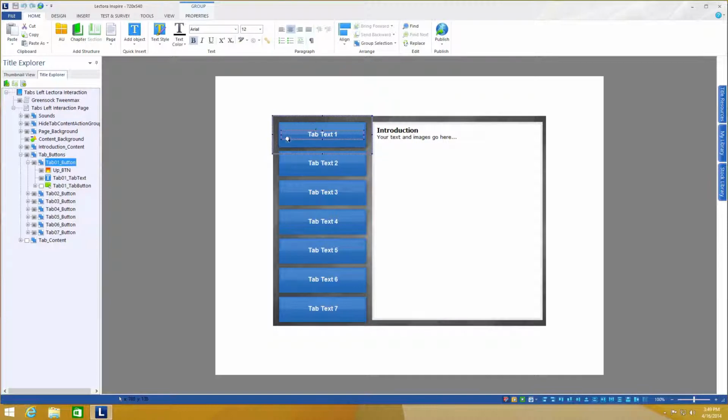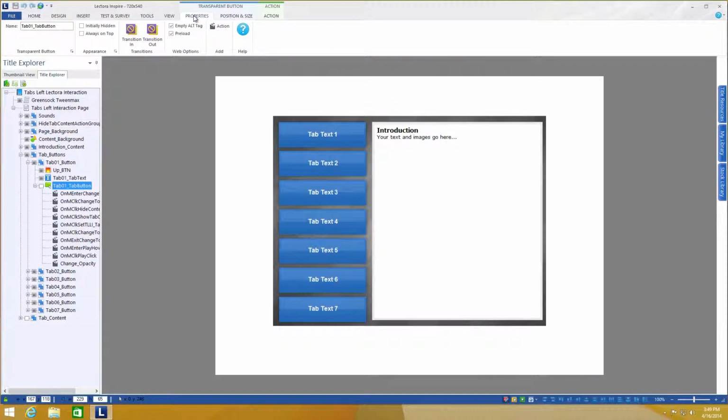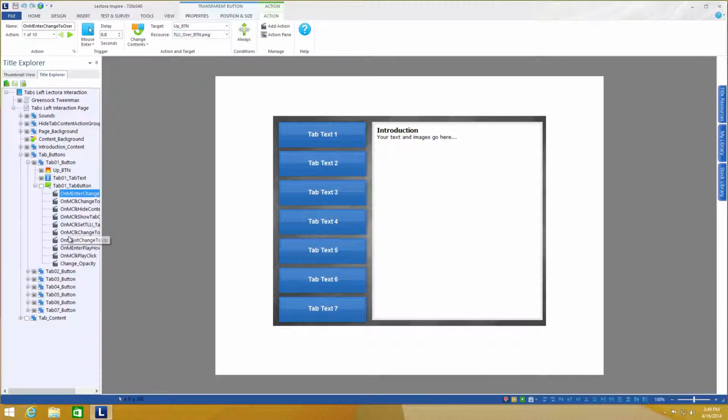We're just going to affect button 1 for now, and select the drop down box for all of the actions that are run when you click on button 1. Now you notice the very last action is the change opacity. This is the action that will run the GreenSock code and change the opacity of the button. So if I come up to properties and then come to action and go back to change opacity and expand